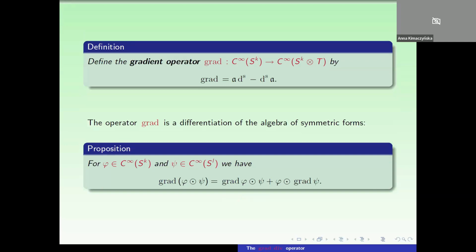So now define the gradient operator from C infinity of S^k to C infinity of S^k tensor T by gradient equals A ds minus dsa. This operator is a differentiation of the algebra of symmetric forms in the following sense,